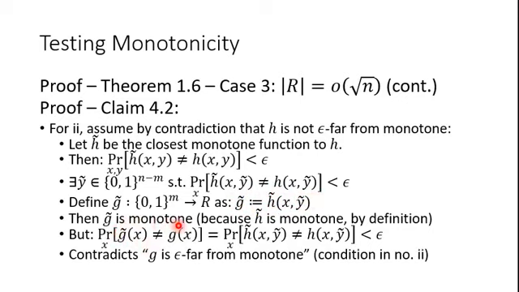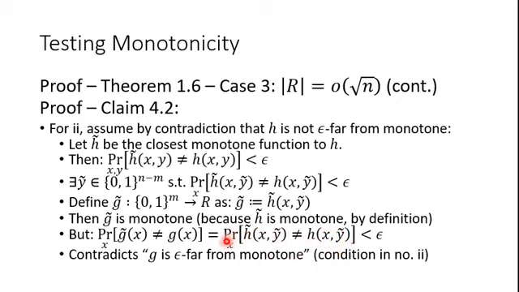So of course g tilde is monotone. Why? Because h tilde is monotone by definition, and g tilde is defined by h tilde. But what we can see is that the probability over x of g tilde(x) not being equal to g(x) is equal to this statement. Now why is that? g tilde of x, we just defined that, so we have h tilde of (x, y tilde) and g of x, but when we look at the probability over x holding y tilde fixed, then we get that g of x is h of (x, y tilde) as we've defined earlier,